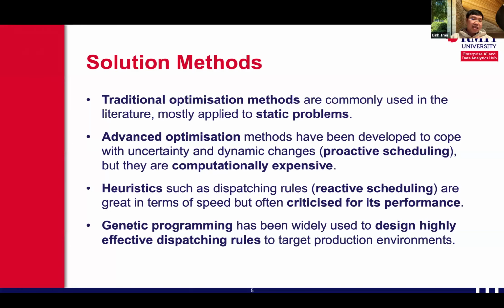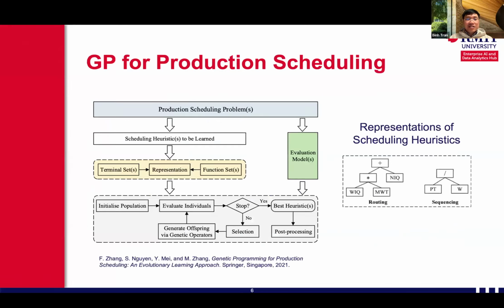And genetic programming, in the last 10 years or so, has been widely used to design highly effective dispatching rules for target production environments. So this is the framework, from one of the papers we published a few years back, for applying genetic programming to production scheduling. Usually, we start with the production scheduling problem itself,